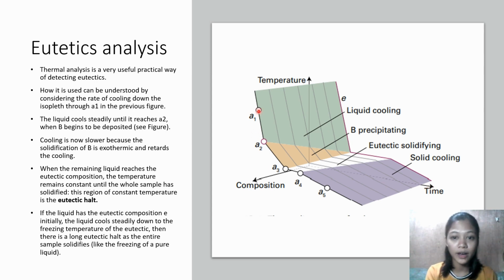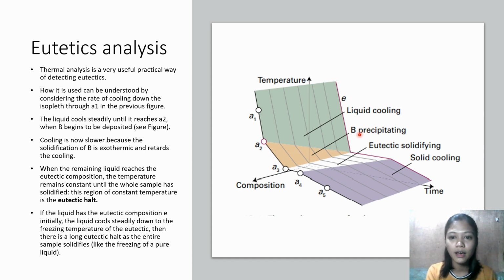So from A1 here, the liquid is cooling. So it is represented by this area, the green one. So from A1, the liquid cools steadily until it reaches A2, when B begins to be deposited. So here at A2, we can see, paglabot sa A2, there is this brown colored area where the B begins